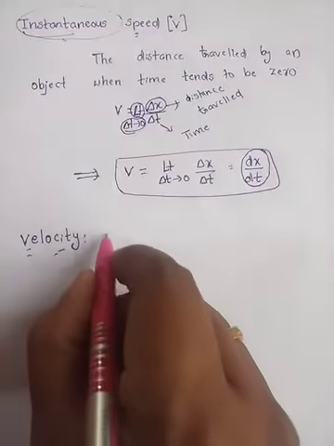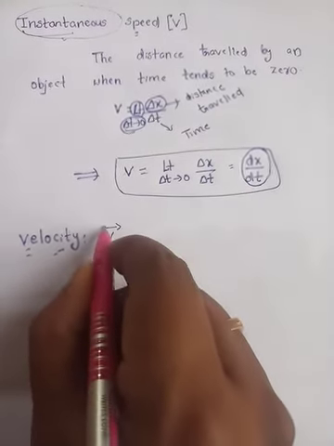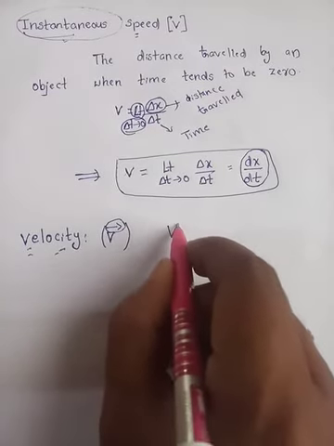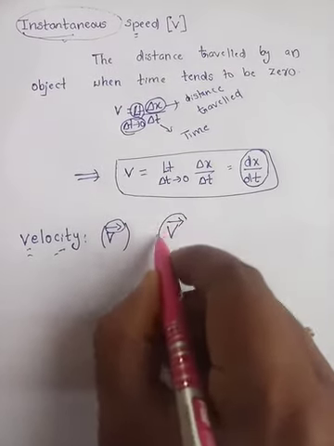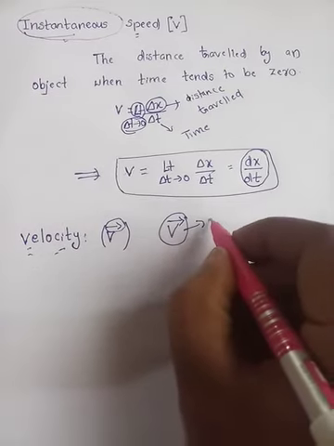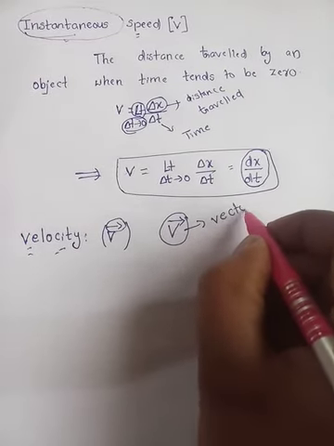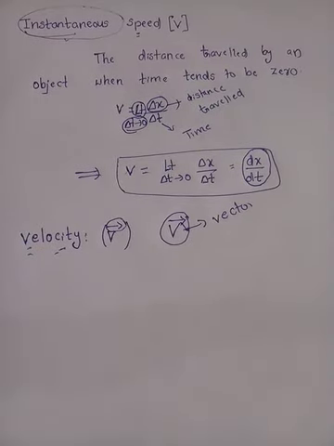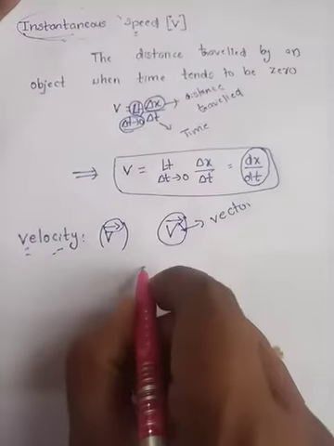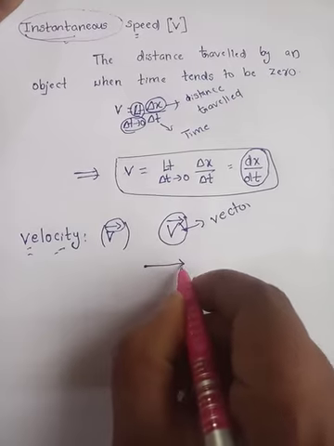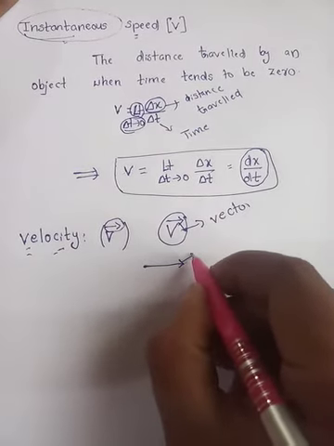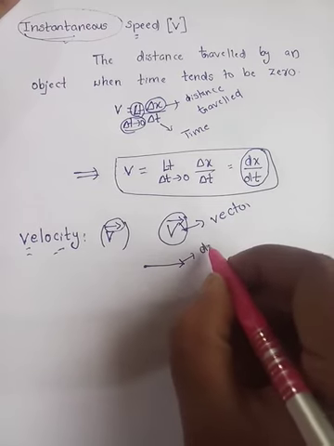Here velocity is represented by v, but with a special symbol called V bar. V bar means the representation of a vector. So this arrow mark gives the representation of a vector. This head